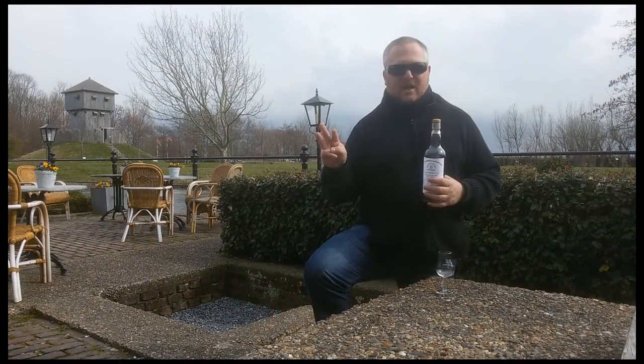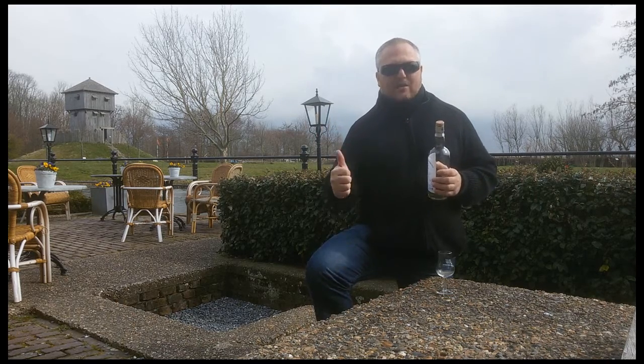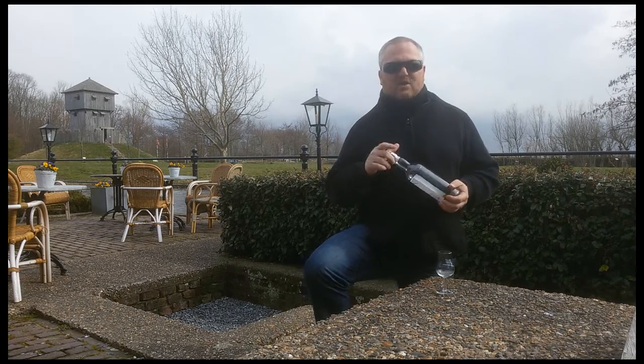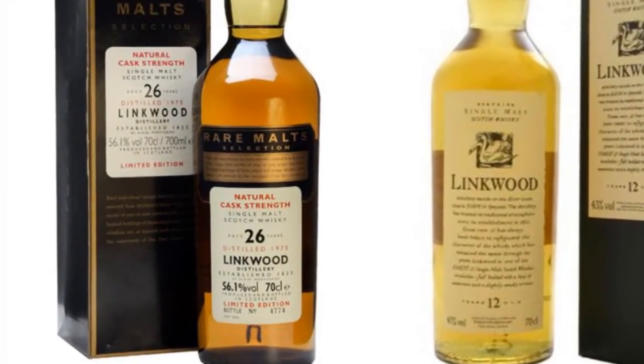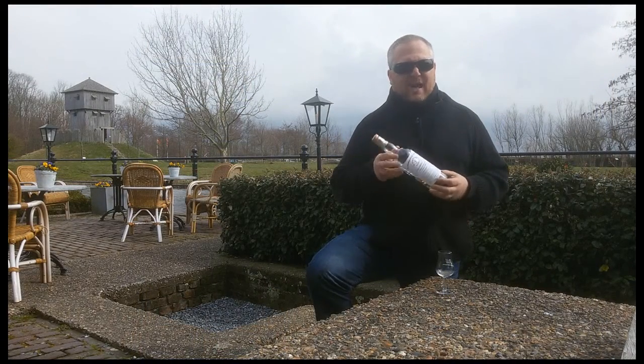3 spirit stills. Now more than 95% was meant for the blenders: Whitehorse, Haig, Bells, Dewar's. Even today, with the distillery now being owned by Diageo, it is very hard to find any official releases of Linkwood. There are only the Flora and Fauna release, and then of course there is the famous Rare Malts Selection release. So if we want to try Linkwood, we have to turn to independent bottlers, and that's exactly what I